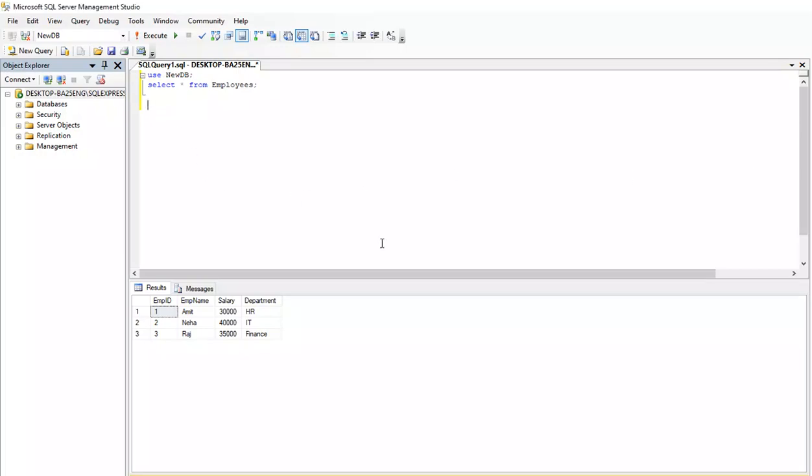Hello dear students, in this practical we understand what is a stored procedure and a demonstration of the stored procedure. So firstly we discuss what is